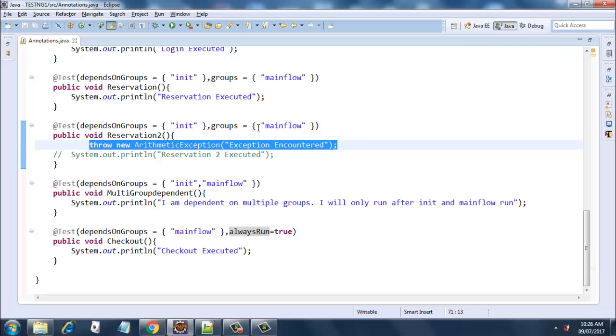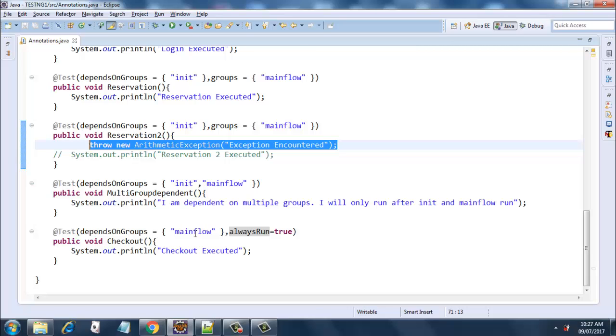So before this, init will execute and later on this method will execute, and it will fail. It is a part of the main flow group, and as a result all the methods dependent on this test will fail,